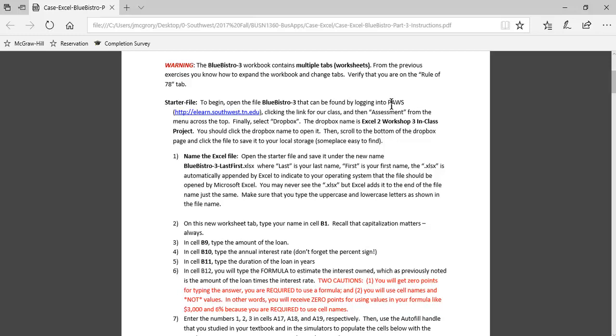Well, the system that we use is called Pause, and you're going to log into that, and that's the website for it there. You're going to click the link for our class, and then you're going to go to Assessment from the menu across the top. You're going to select Dropbox, and then remember we are doing this for Excel Module 2 Workshop 3, our in-class